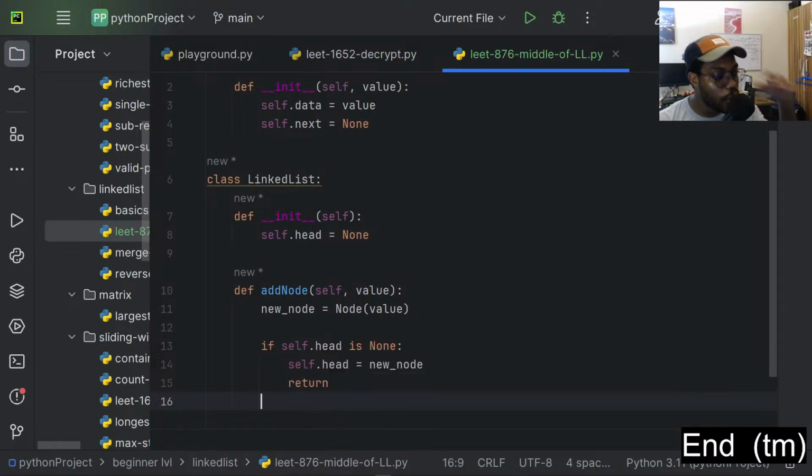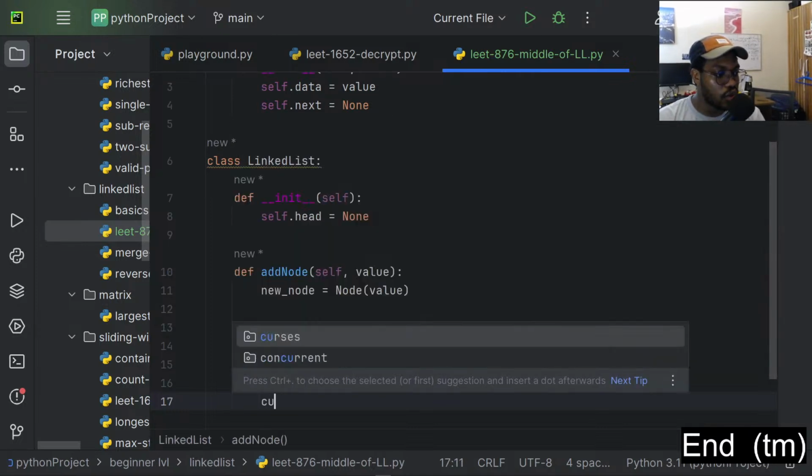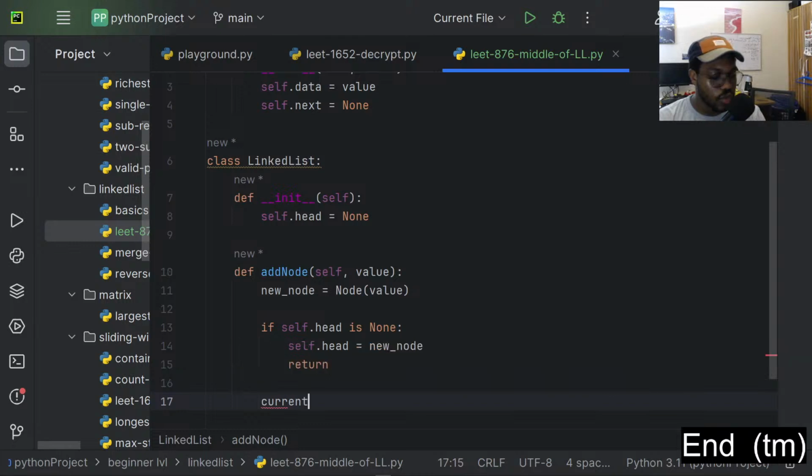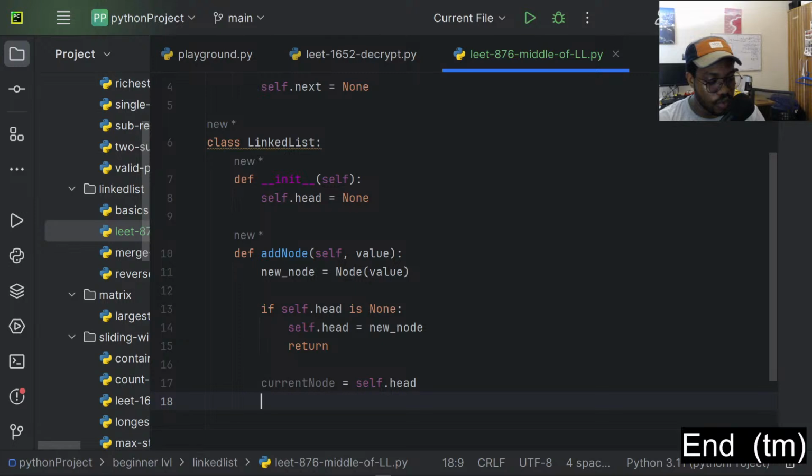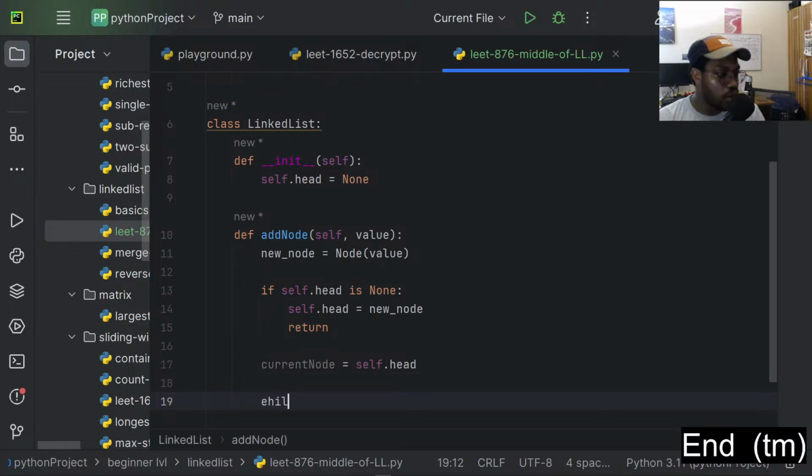Now in the case where we already have a head, we need to simply get that head. I'll call this current node, which is self dot head. And I'll just say while, so this while loop, or this iteration, is just going to help us traverse from the head all the way to the last node, the node that has